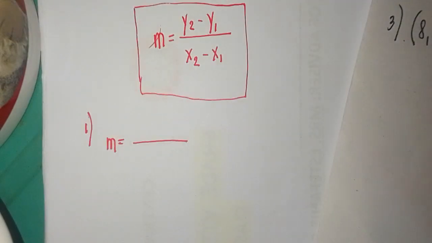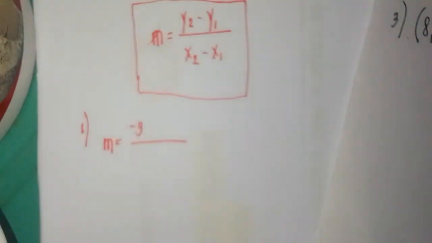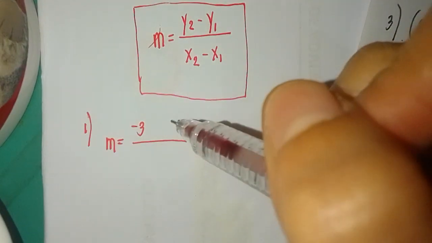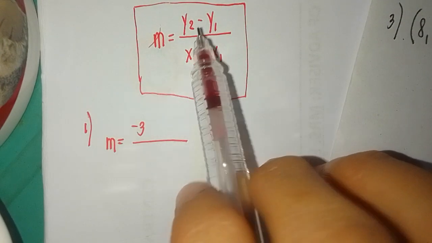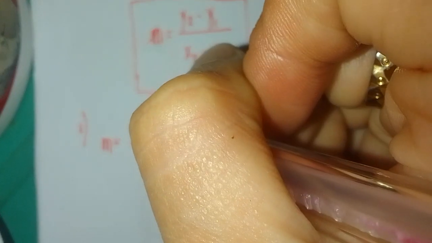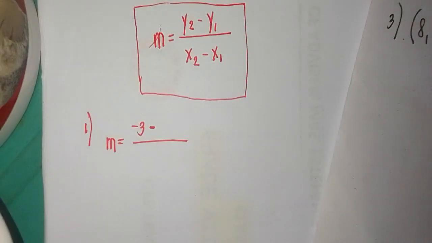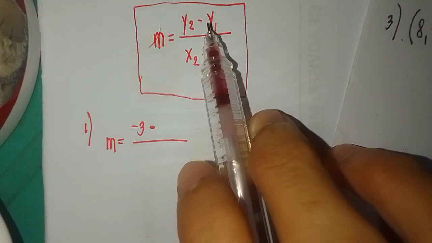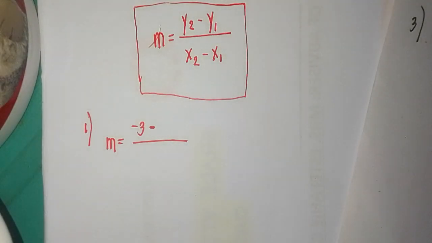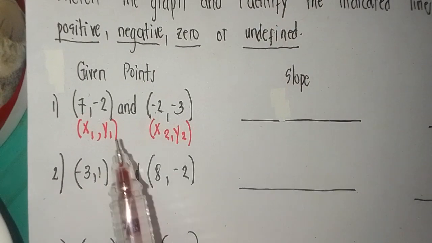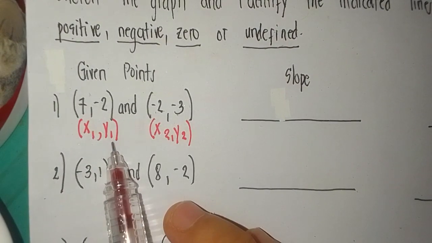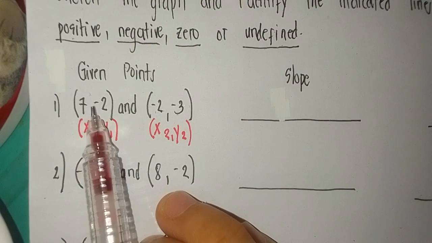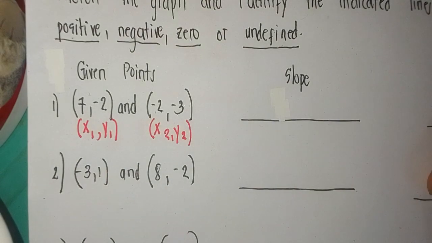So we have to write negative 3 here. Next, following the equation, minus sign. So we have to copy the sign, minus sign. Next is y sub 1. The value of y sub 1 here, as what we see, is negative 2. So we have to write